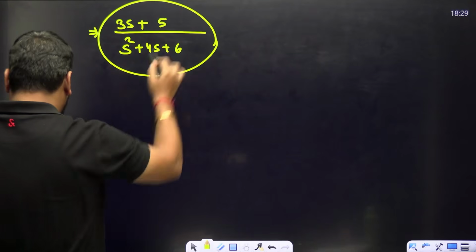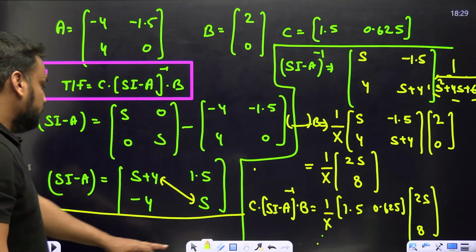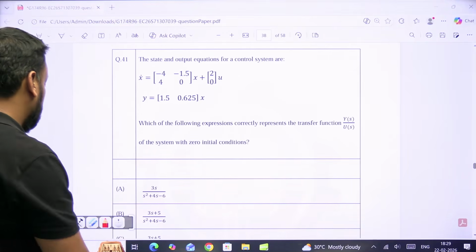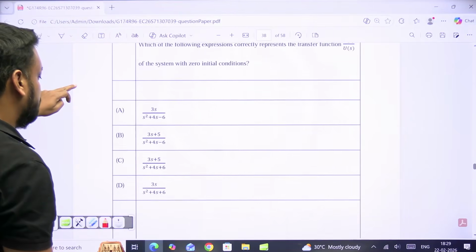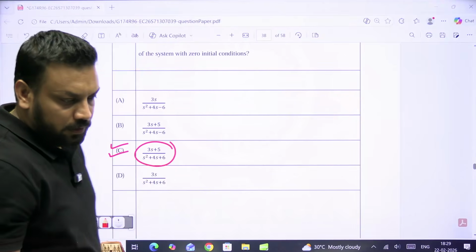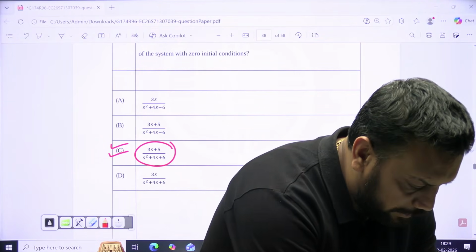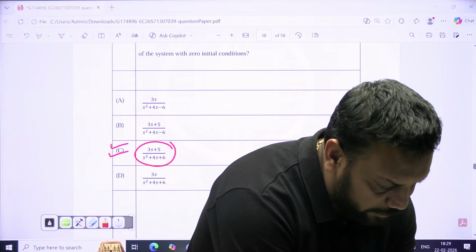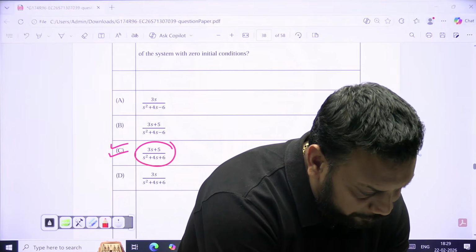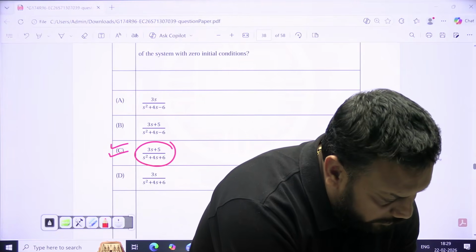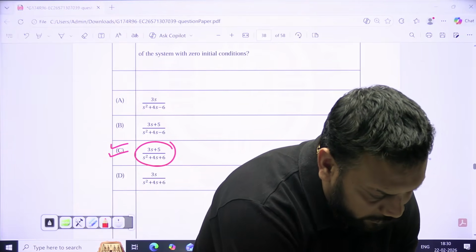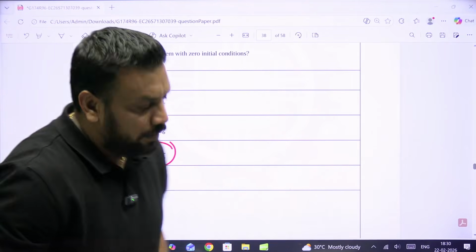बड़ा ही आसान क्वेश्चन था प्यारे बच्चों, ये सभी का करेक्ट हुआ होगा। आइए देख लेते हैं कि कौन से ऑप्शंस में हमको गिवन था। ऑप्शन नंबर सी, 3s plus 5 अपॉन s स्क्वायर प्लस 4s plus 6। ठीक है प्यारे बच्चों, सो आई थिंक ये क्वेश्चन भी आपका मैच हो गया होगा। इस तरह के क्वेश्चन हमने क्लासरूम के अंदर काफी किए हैं, है ना। तो करेक्ट आंसर ऑप्शन नंबर सी, 3s plus 5 अपॉन, जो मैंने आपको जस्ट बता दिया, करेक्ट।